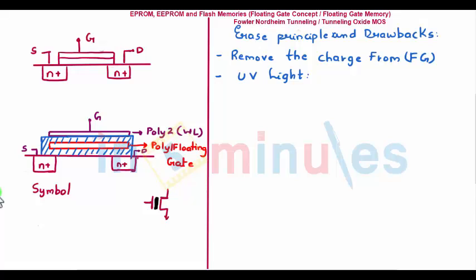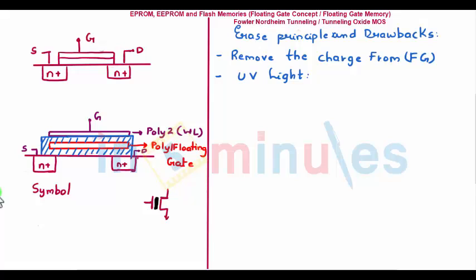Now the catch here is, when you remove the chip and expose it to ultraviolet light to erase, you have to erase the entire chip, and you cannot erase a part of the chip or a part of the program. So when you erase, the entire memory has to be erased, and then again you have to reprogram the entire memory, which is ideally not a good idea. So in order to do